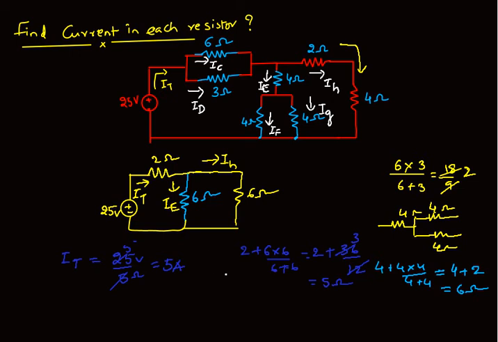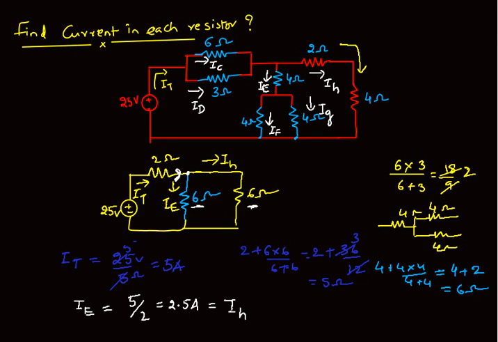Now let us take the other currents. Suppose I want to find out IE. Up to here the current will be the same, and in the parallel circuit only the current will divide. Those are two equal resistors, so you can take an equal division of current. That means 5 by 2, which is equal to 2.5 amperes, and that is equal to IH also. So IE is the same as IH, because here the two resistors are the same.